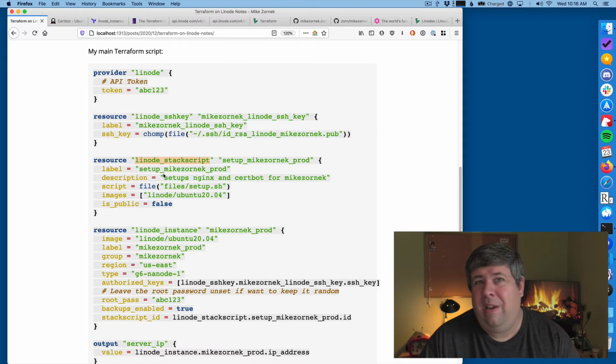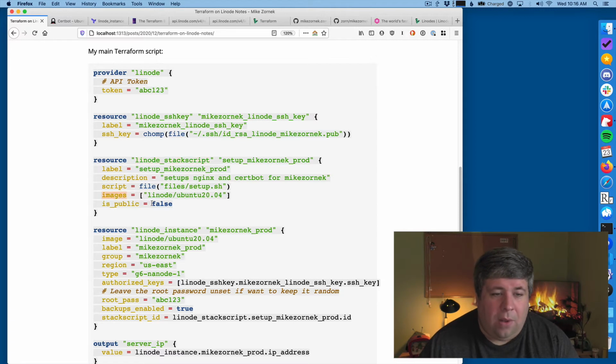There are a lot of community stack scripts, so if you need to build a standard Apache, MySQL, PHP type of server or whatever, there's a bunch of scripts out there you can reference. This one specifically is going to be private, and that's why is public is false, because this is just one that's relative to me. The label is set up Xornic, and then it's got script equals file, and it is setup.sh.